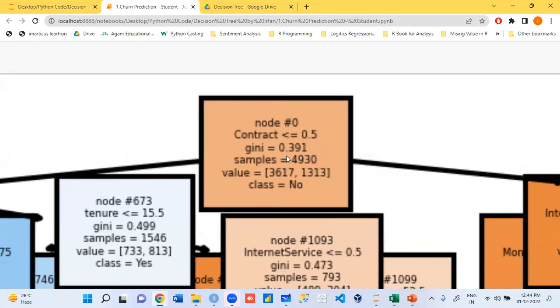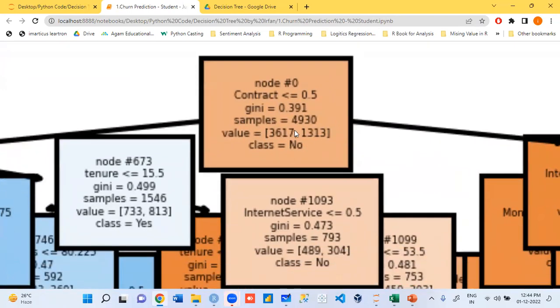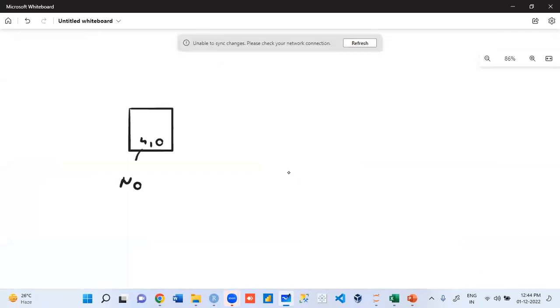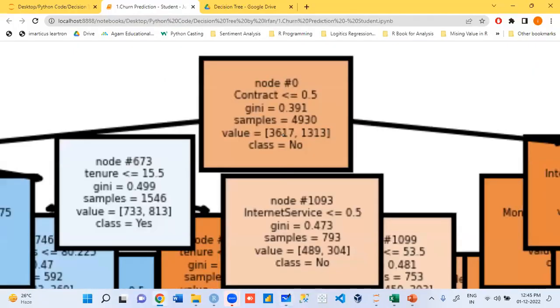Total how many rows we have in train? 4930. Out of 4930, guys, if you remember, we write like this in Python decision tree, in a square box. First we write four, zero. What is the meaning of this? No or how many? Yes or how many? How many no we have?